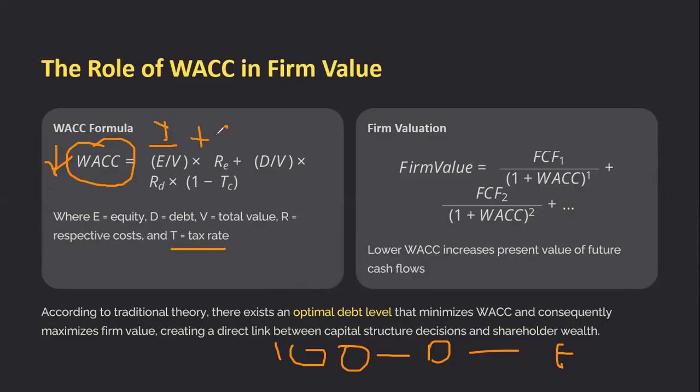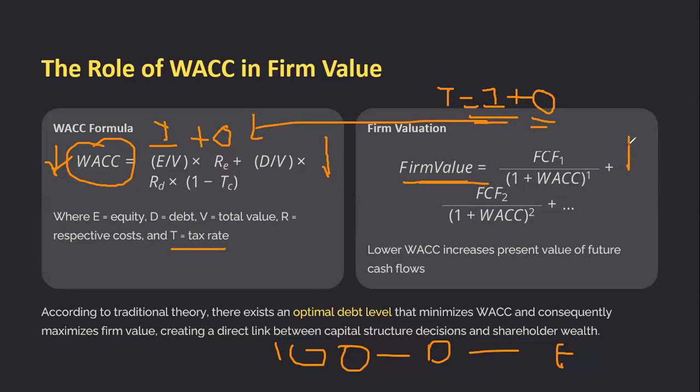Similarly, your operating income approach is also important. So what I can say is, traditional theory is a combination of the income approach and the operating income approach. Because here it advocates the mixture should have lower value, and the overall firm value should start increasing when my operational inputs start increasing. So I should have a lower weighted average cost of capital.